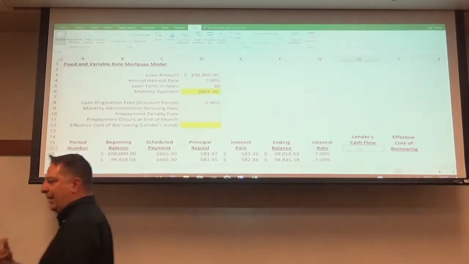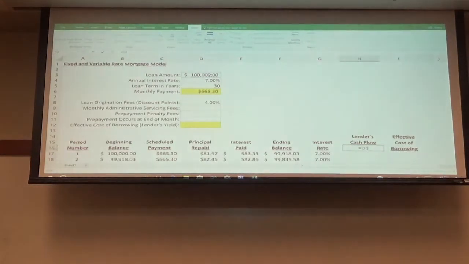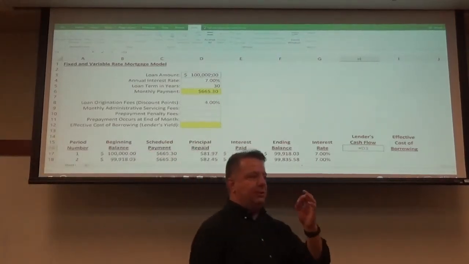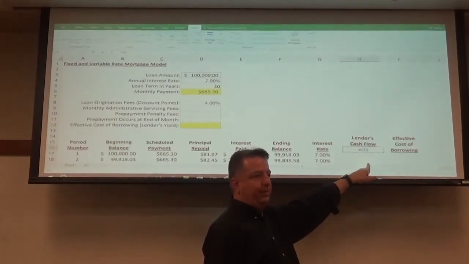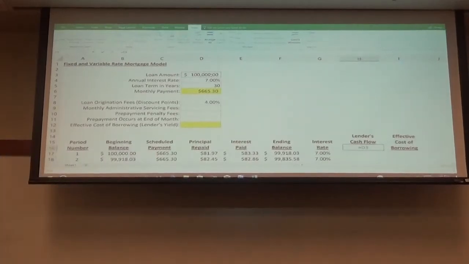Now, how do we mathematically get there with the information that we've got so that it automatically calculates it? Think about that for a second. You're going to start with, obviously, the loan amount. Calm down, you've got to go to the next cell. No, I'm right. This is time period 0. This is month 1. Trust me, I know where I'm at. All right, so D3, which is the